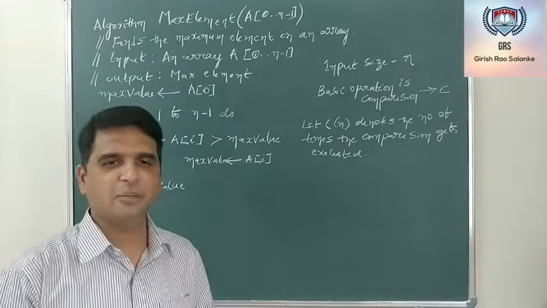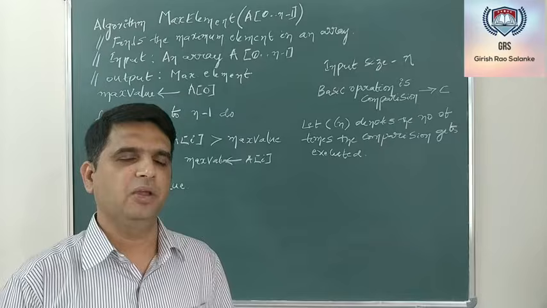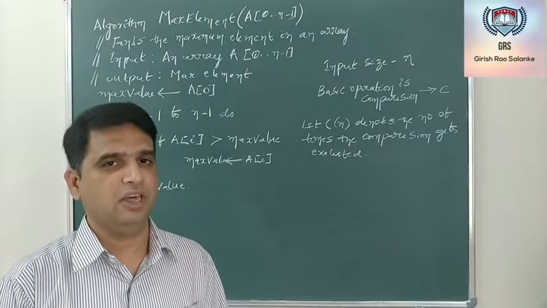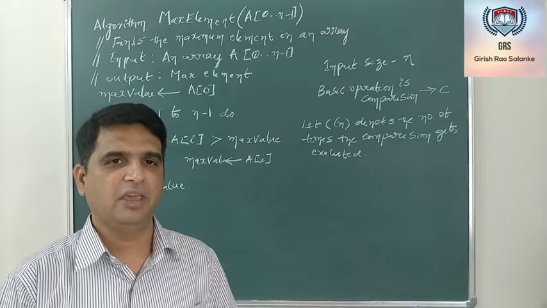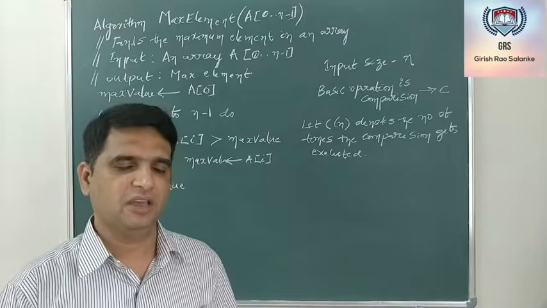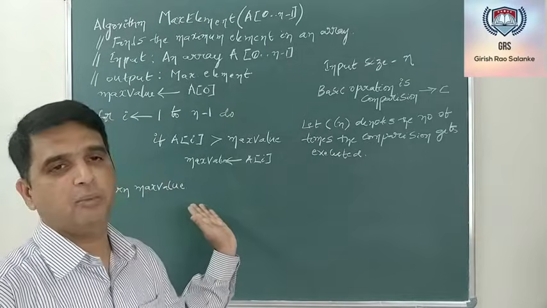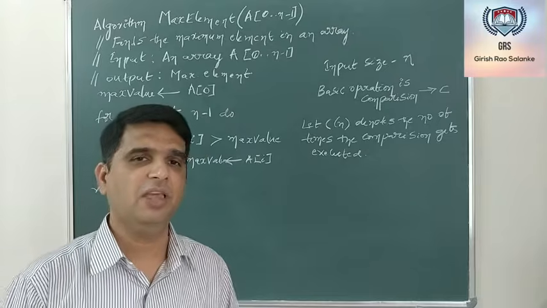Now, in the third step, it says that if the number of times the basic operation gets executed depends only on the input size, then we need to find how many times the basic operation gets executed. If it depends upon some additional property, in the sense of what type of input I am going to supply to this particular algorithm, we need to find the worst case as well as the average case.